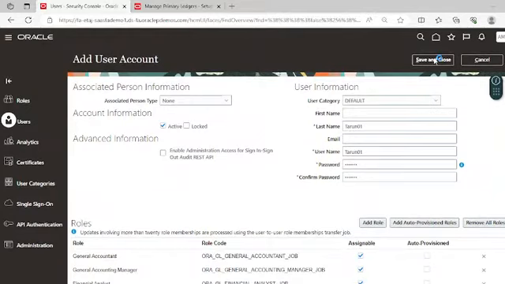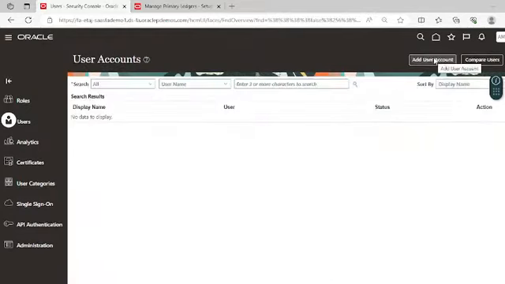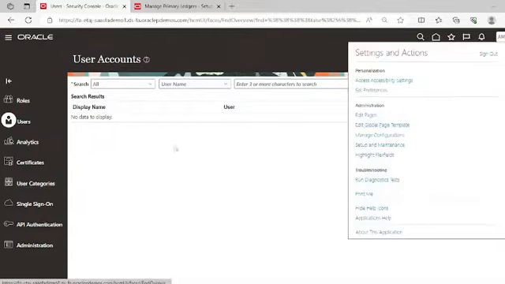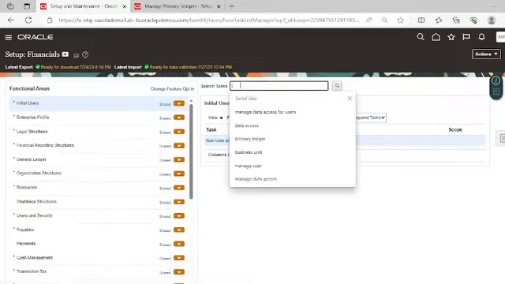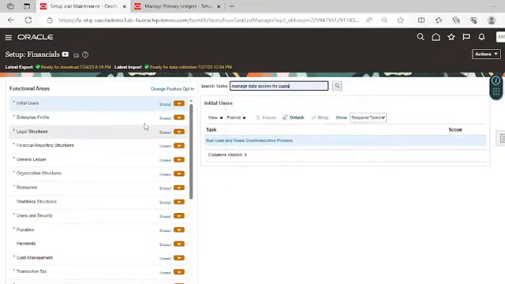And now we have to provide the data access to this user for the ledger set. For that you have to go to the setup and maintenance. And here you have to search the task, that is manage data access for user. Click on search.